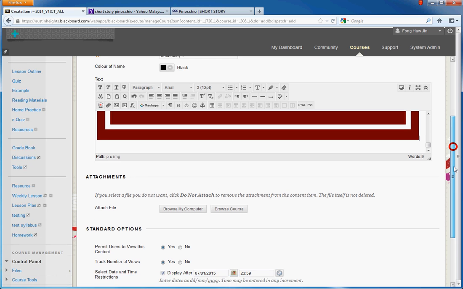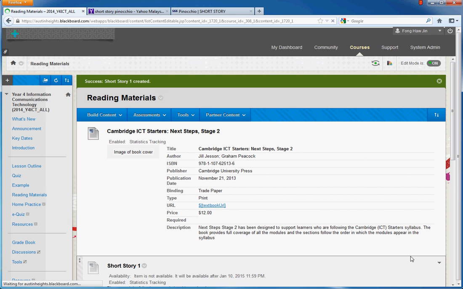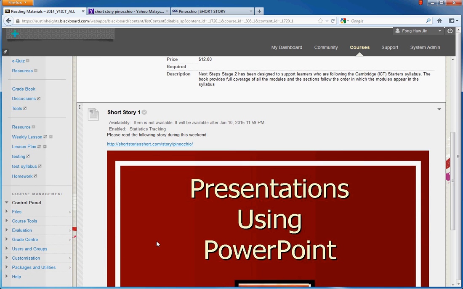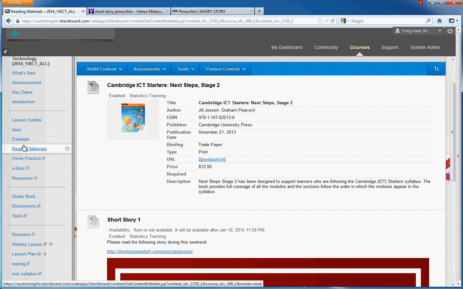So if we are ready, for display, we have to set it to display on the 11 early morning, so it will display after midnight. If we click submit, so under reading material, I add one short story, I add one picture, and what I need to do now is I go back to the example,